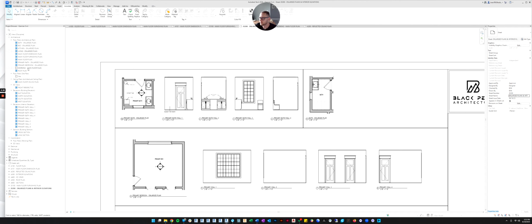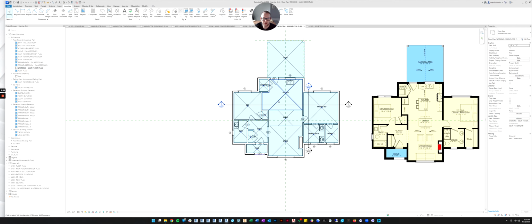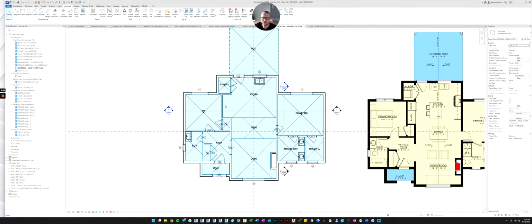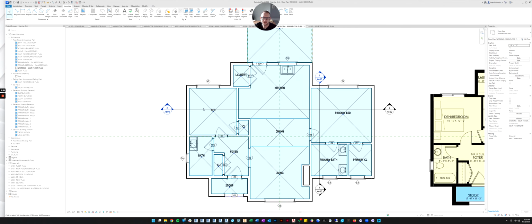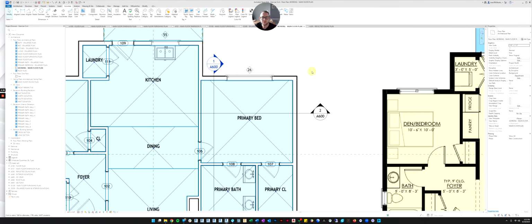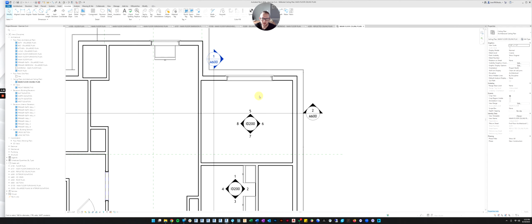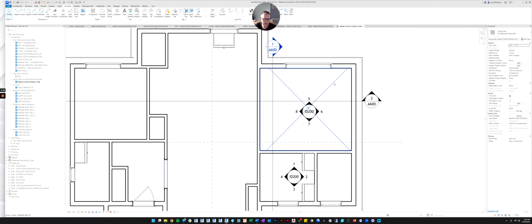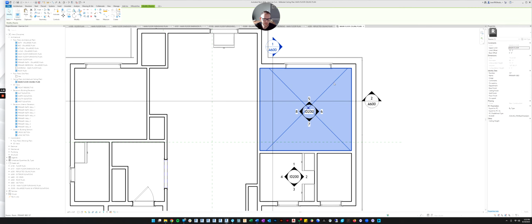So I'm going to start with my working floor plan that we created because I'm going to start editing in the model. And one of the things I want to create is, in the master bedroom, maybe I want a coffered ceiling. So I want a tray ceiling to pop up. So let's go to our ceiling plan, and let's try to select the ceiling. Right now, the room symbol is in the way.